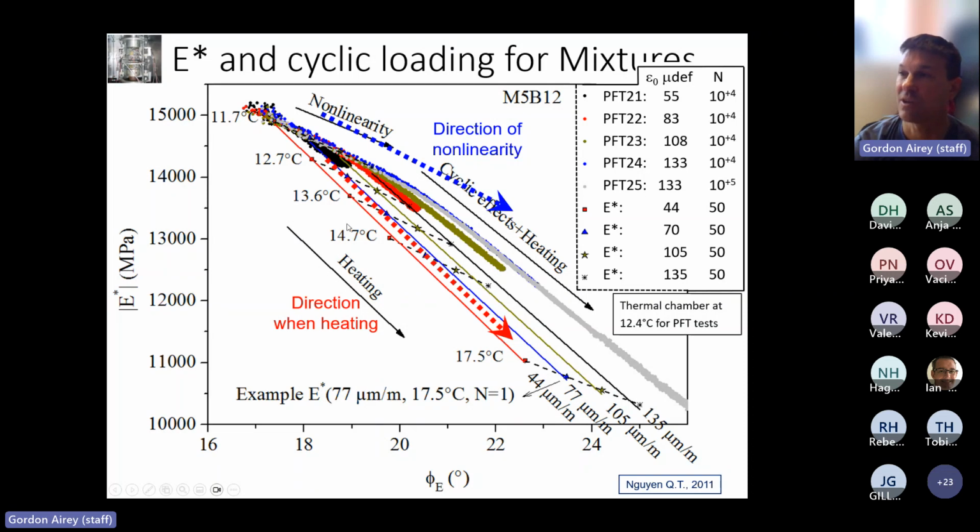So once we can capture those directions, and we can do that by doing the test with a very, very small number of load applications, so we're not damaging the material, we're simply looking at non-linearity, or we can look at the heating just by looking at one particular strain level, we can start to distinguish and differentiate those different types of behavior. I don't want to go into a lot of detail, because again, this is probably beyond what we want to be talking about today, but this is a very useful tool for us now to use